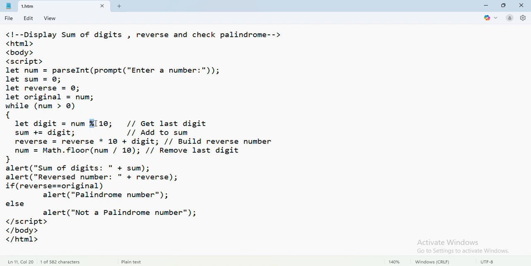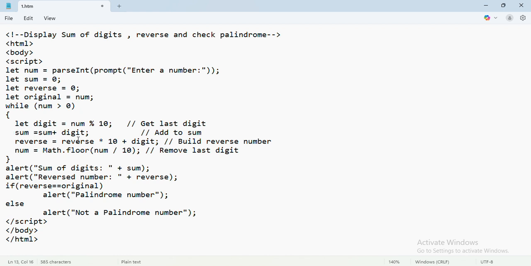That's why we have used the mod operation to get the last digit. So out of 123, we get the last digit as 3. Then we say sum equals sum plus the digit. The initial value of sum is 0 plus the digit, that is 3, which gets stored in the sum variable.